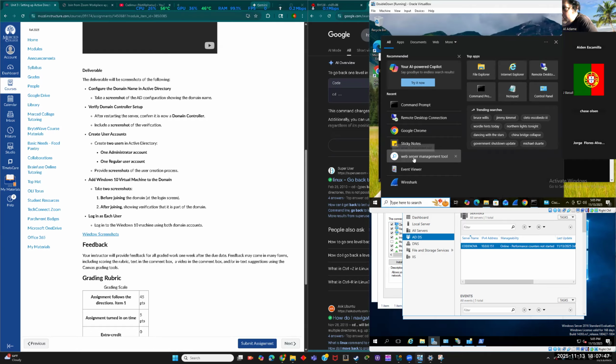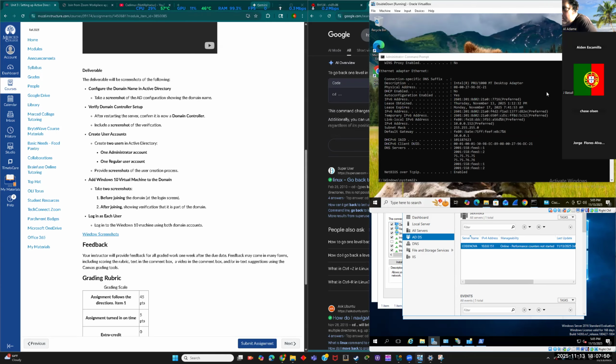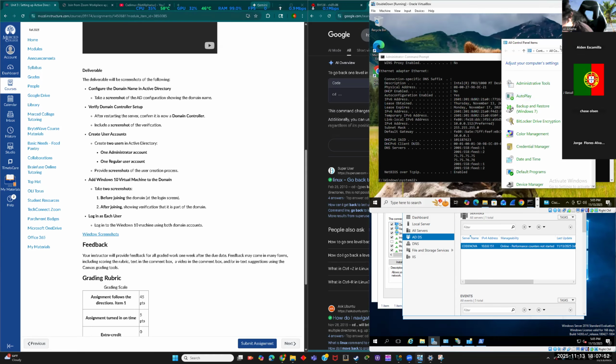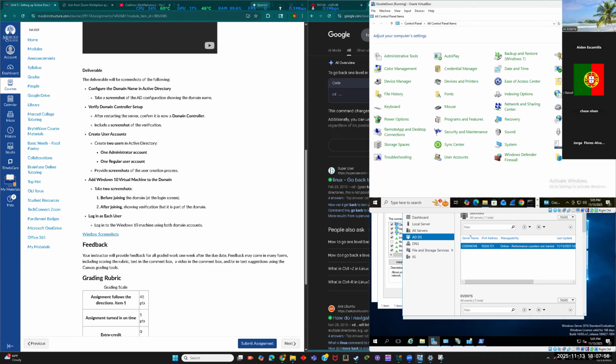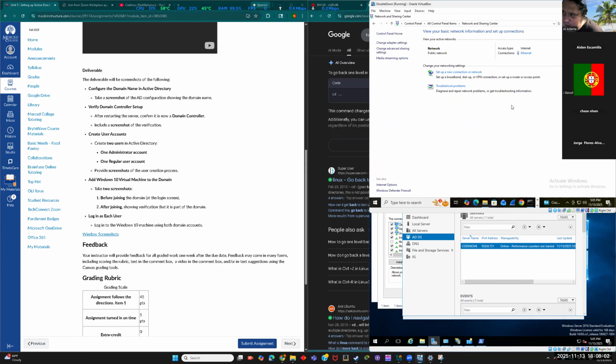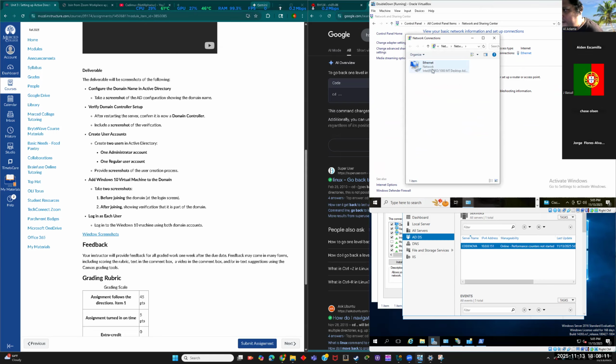You said go where? Control Panel, you can type it in. All right, make that bigger, please. All right, we're getting there. Network and Sharing Center. I'm leaning in to see it because it's kind of small. It's right past the mouse. Okie dokie, click on it. Now go to Change adapter settings, left-hand side. Click on that guy, right click,